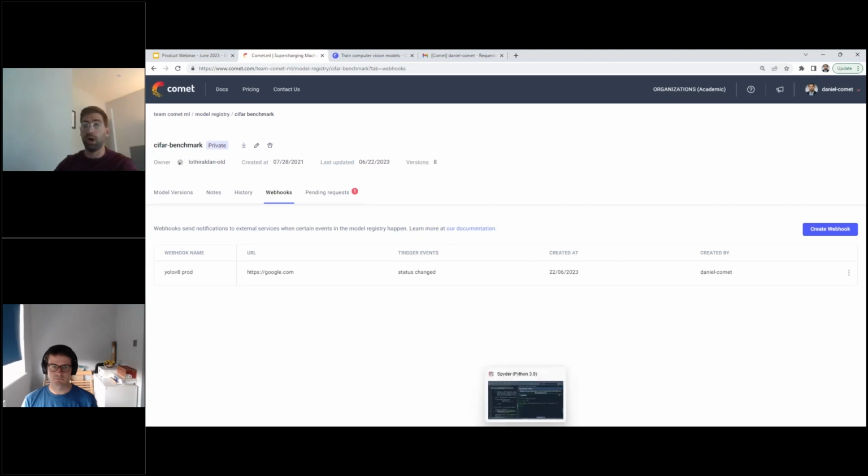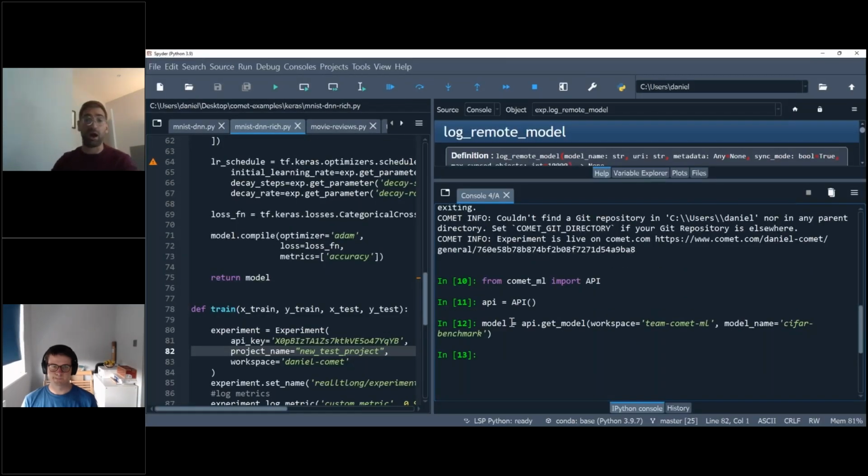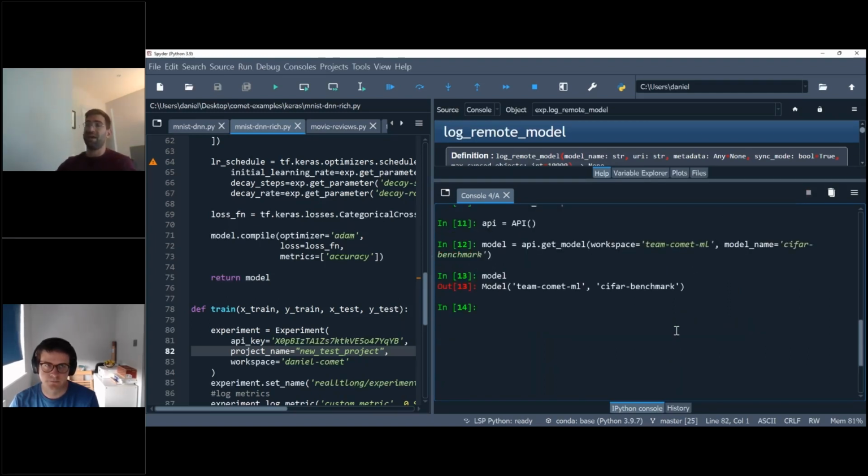The last thing I'll show you is what our new model API object looks like. Before, everything was under API, but recently we've released our new model object. So from comet_ml, I'm importing API. I define my API that takes the appropriate credentials, and I can call api.get_model. In our case, from Team Comet ML, that's the workspace, and we just registered this latest model, right? So I have my model object, and from that object, in a very modular way, I can now call all the appropriate methods that I need to find the right model and download it